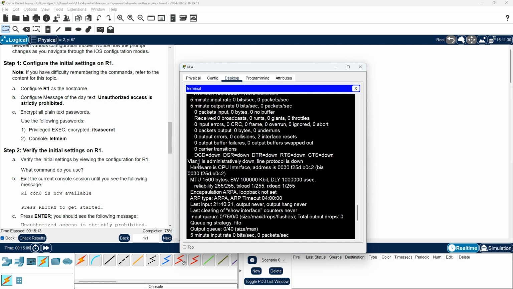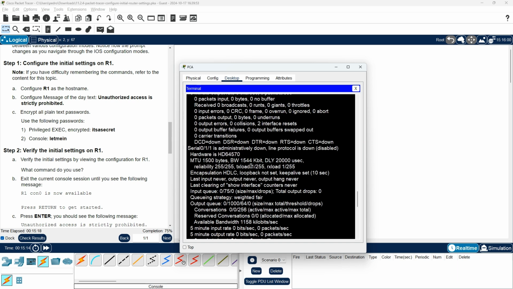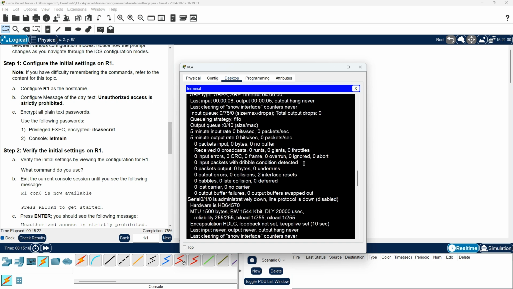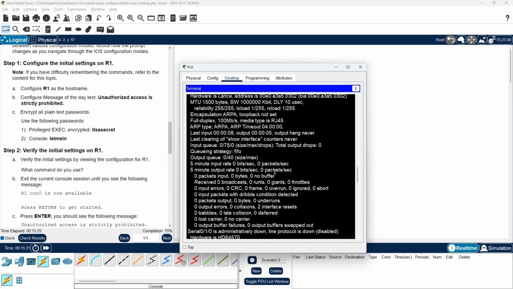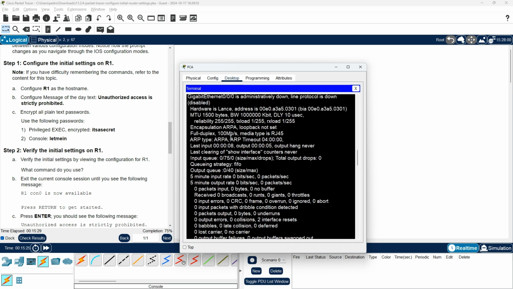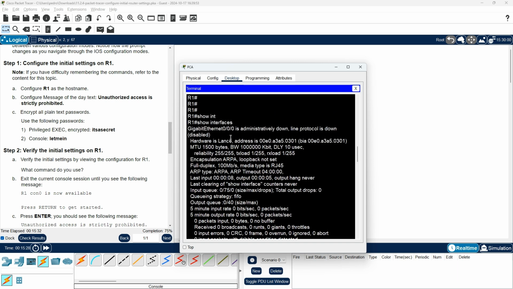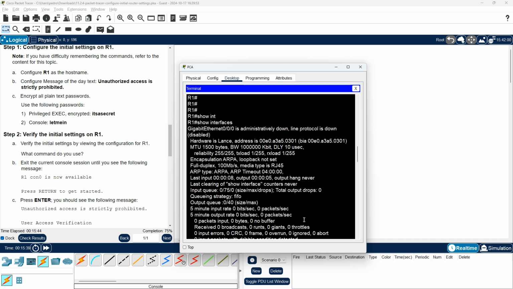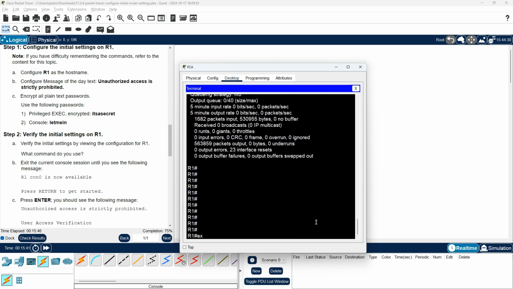The first interface is VLAN 1. The next interface is serial 0/1/1, serial 0/1/0, gigabit Ethernet 0/0/1, and gigabit Ethernet 0/0/0. Okay, exit the current console session until you see the following message. Okay, go with the command exit